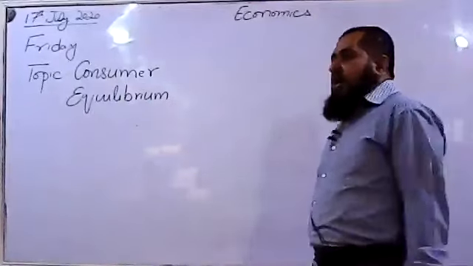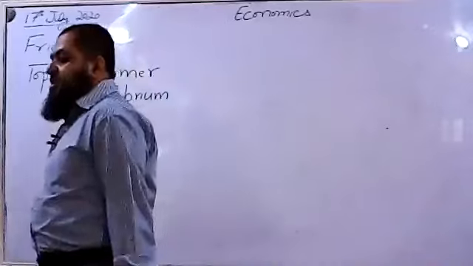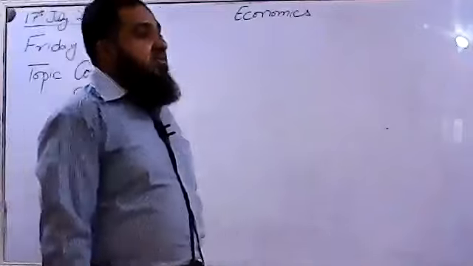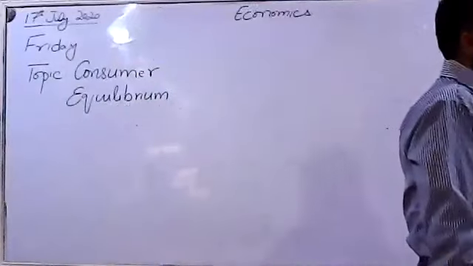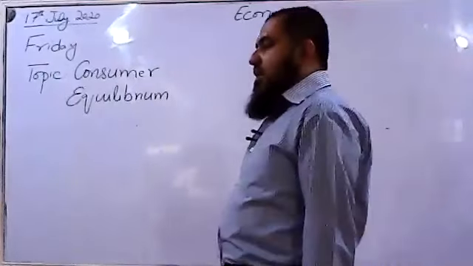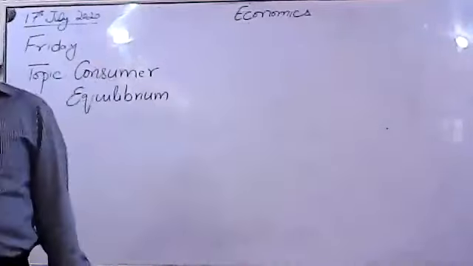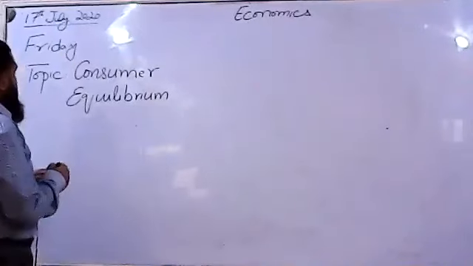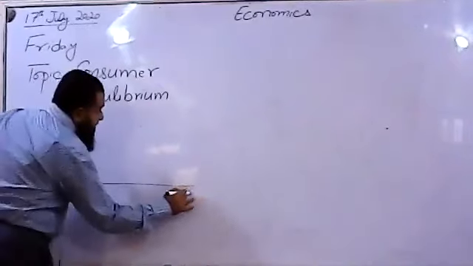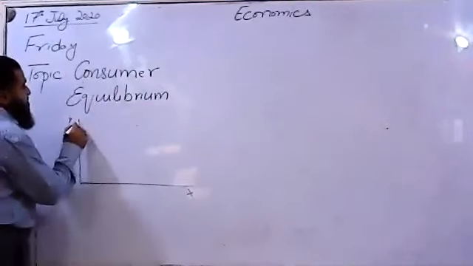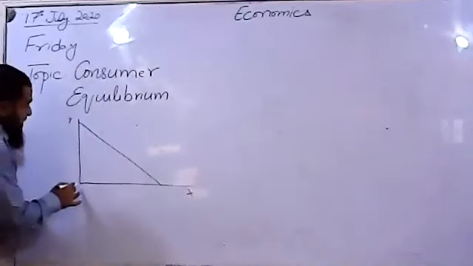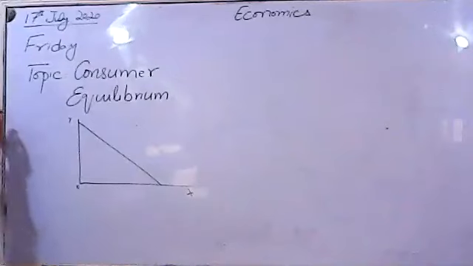So when the budget line is tangent to the highest attainable indifference curve, that consumption bundle will maximize the total utility or total satisfaction of the consumer within the given income and the prices of the two goods. Like we said, this is X, this is Y. Now this is the consumer's budget line. He has the affordable bundles along this line.